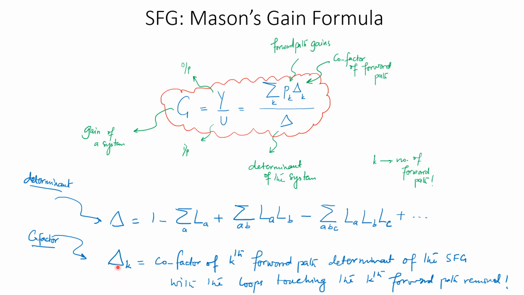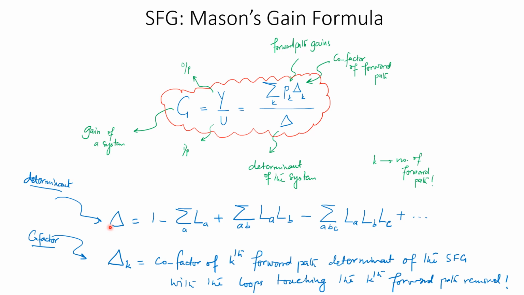Although the definition of cofactors seems a bit complex, in terms of its construction it is actually quite simple. All you have to do is think about the delta or determinant that you have computed already, and for the selected forward path just remove those touching loops from there, then see what is the remaining cofactor and find that using the same formula. So that would be very easy in terms of constructing the cofactors